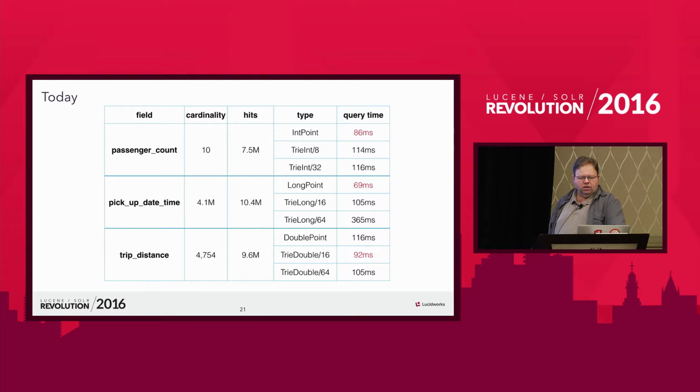So there's a really low cardinality int field there, the passenger count. And for the low cardinality and the high cardinality field, the high cardinality one being the pickup date time, the second one there, points do indeed win on query time. But for reasons that I haven't investigated yet, this medium cardinality trip distance, which is a double, it turns out that the Trie field turned in the best performance. So I guess it's not entirely a slam dunk that in all cases points